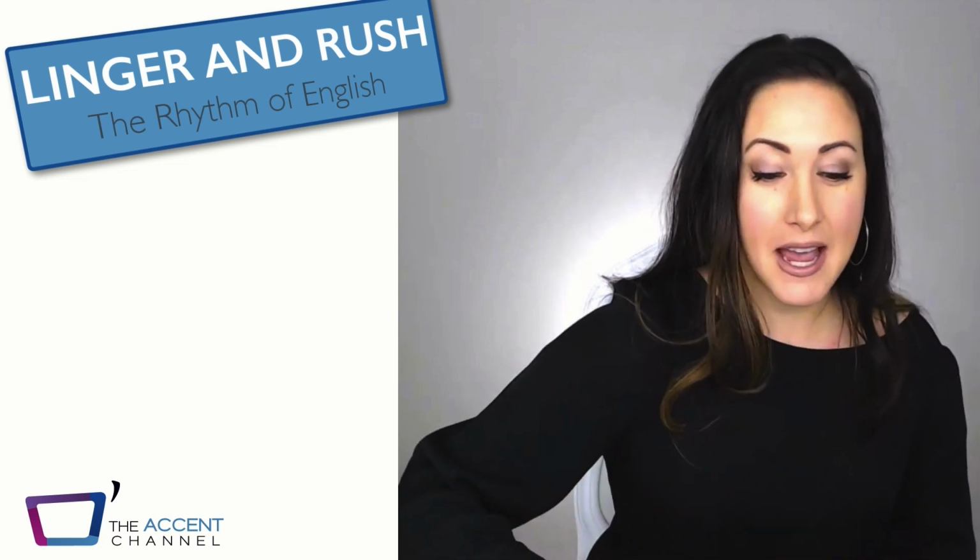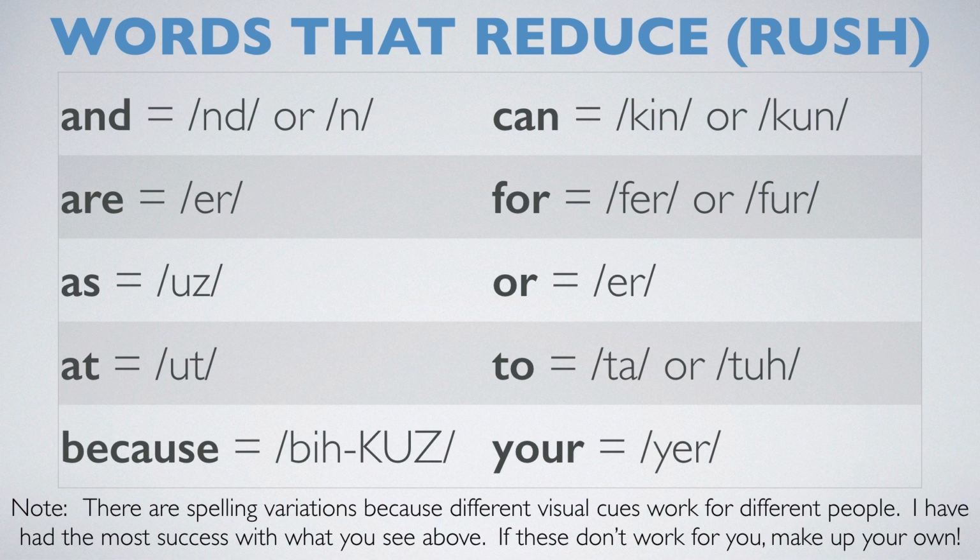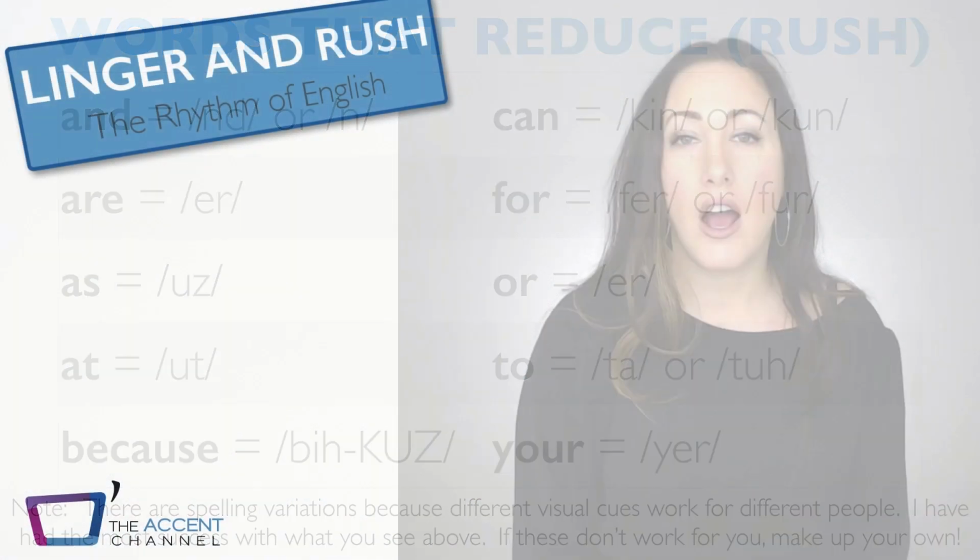Let's go to our third example of rushing. Another great way to practice the rhythm of English is by learning and memorizing and practicing this group of words. These words, because of where they fall in sentences and phrases, are rushed 99% of the time. So most of the time, you will pronounce these words n, z, because, can, for, t, and your. I know that sounds crazy, but let me show you how it works with the most common word on this